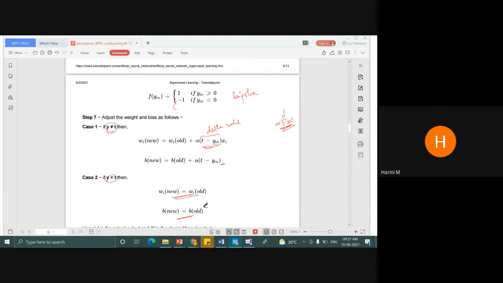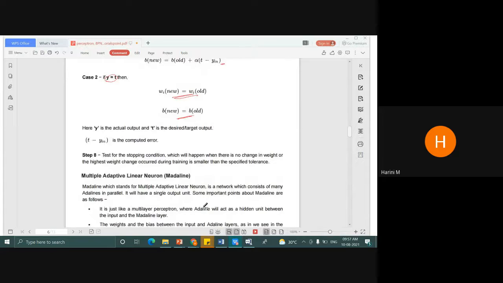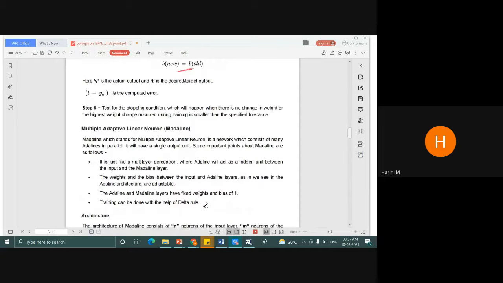Now, as I told you, the extended version of Adalin is the Madalin concept, right? When coming to Madalin, for example, let's take this. I'm just going to mark this Adalin network as A, and this is your Madalin network. I have the input layer, I have the output layer. This Adalin network is going to be my hidden layer. Now this entire structure is known as Madalin. Simple, right? I'm just going to have this Adalin concept as my hidden layer.